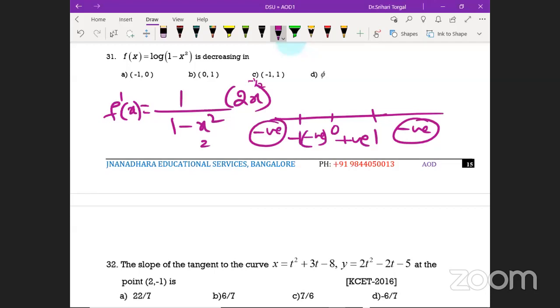Where it is decreasing? In the interval minus 1 to 0, it is decreasing. 0 to 1, it is increasing because it is positive. Minus 1 to 1, both increasing and decreasing? Empty, no. So minus 1 to 0, it is decreasing. Here also it is decreasing, but they have not given it in the option. That is why the answer is